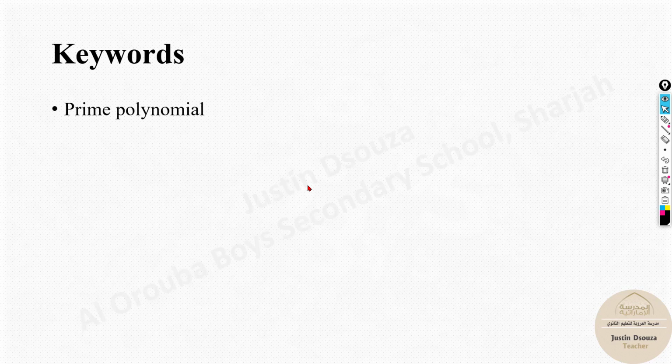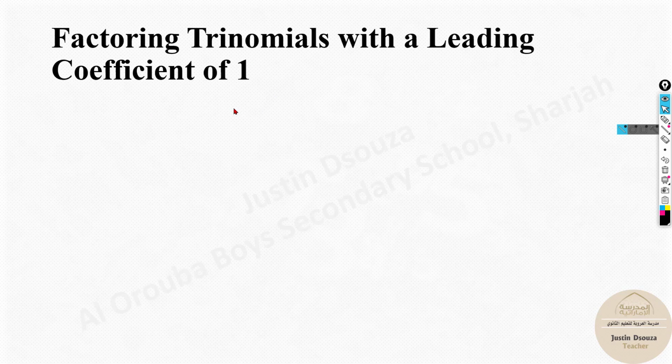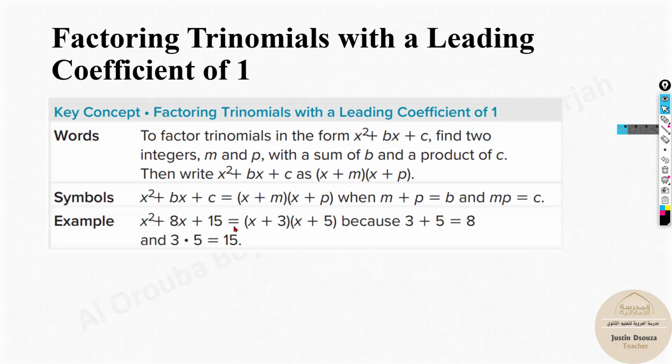The keywords are prime polynomials. Prime polynomials are nothing but, if you can't write them in terms of two polynomials, then we call them prime polynomials. We'll look into them. So now imagine you have this problem over here, x squared plus 8x plus 15. Now you can write this in terms of two polynomials, so it's not a prime polynomial,